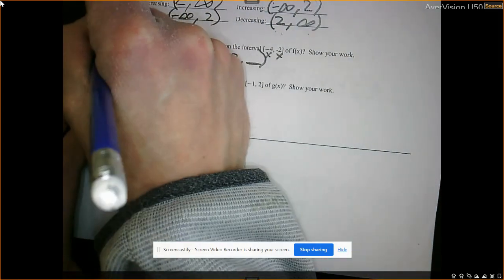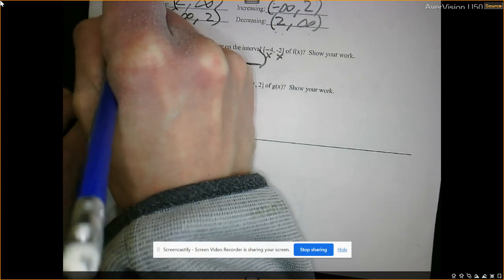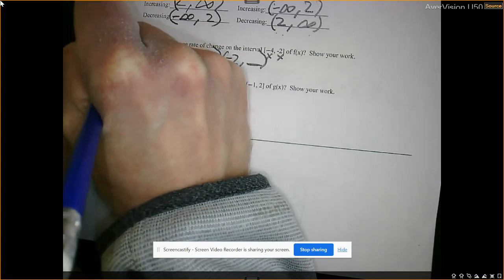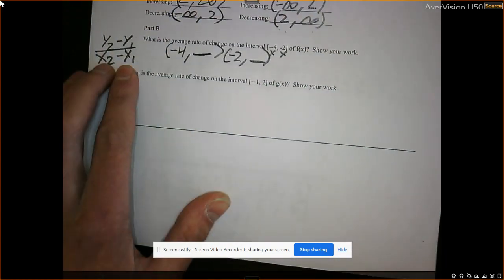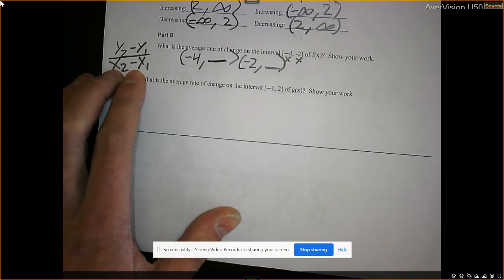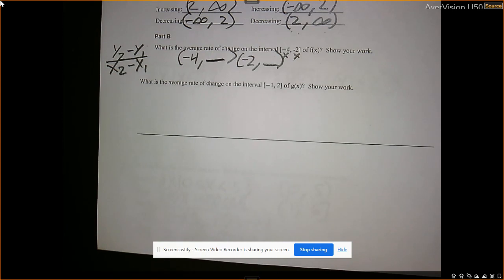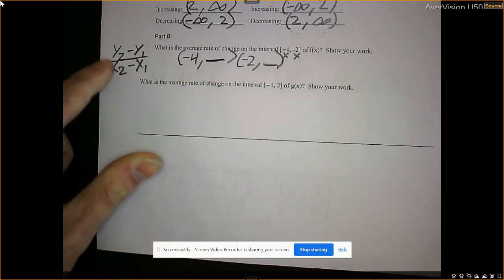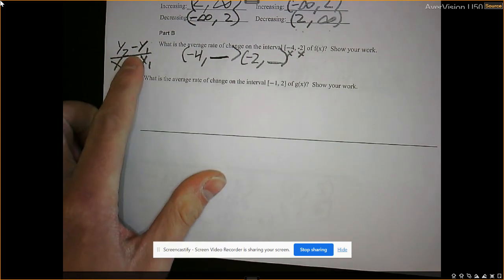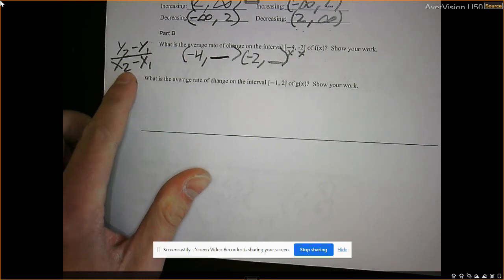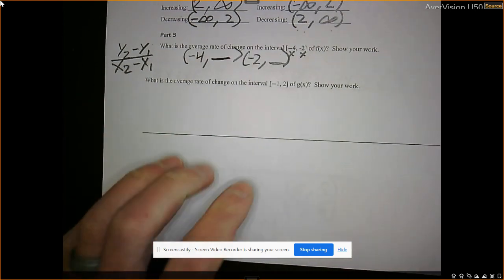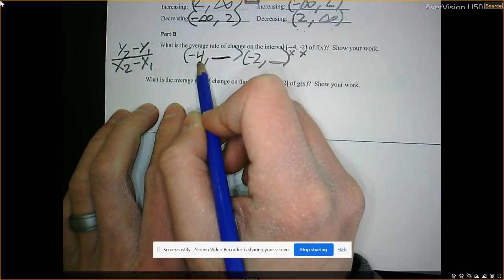and then from there I can go ahead and plug it into my y2 minus y1 over x2 minus x1. That's how you find rate of change, like you would find slope, and that's stuff you've done for years. Since middle school, you found slope using y2 minus y1. In other words, you're changing y over change in x, over x2 minus x1. Okay, so to find,